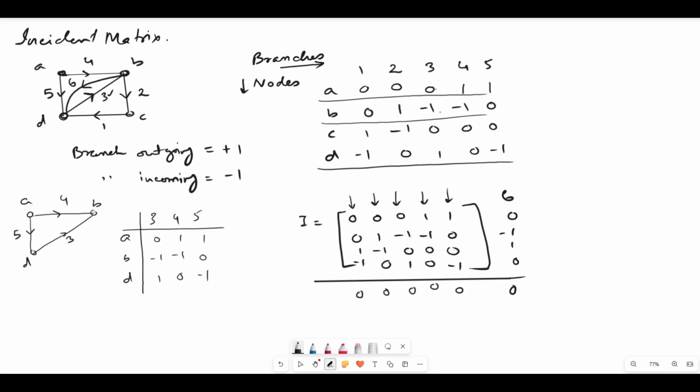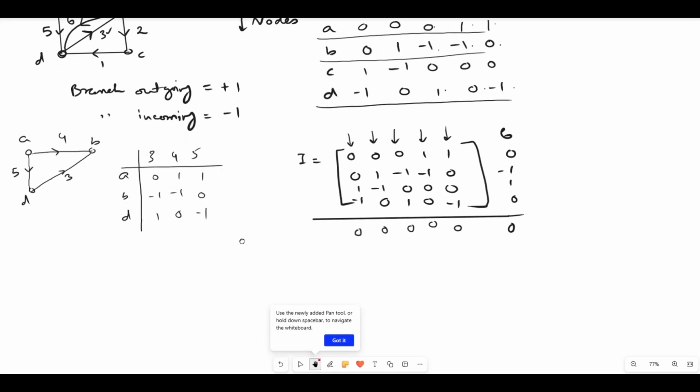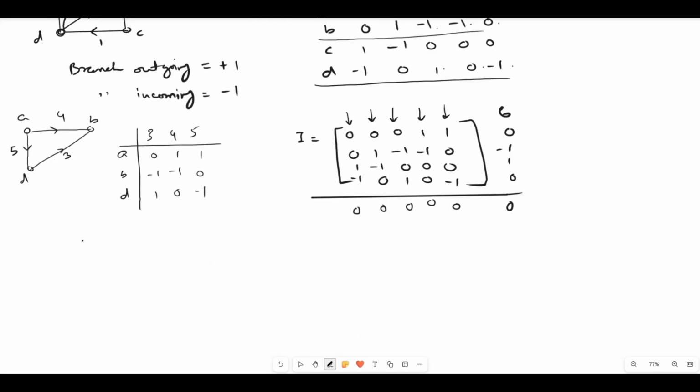So 0, minus 1, 1, 1, minus 1, 0, and we have finally 1, 0 and minus 1. So as per the property, the determinant of this value should be coming as 0. So let's see the determinant of the matrix 0, 1, 1, minus 1, minus 1, 0, 1, 0, minus 1. So the determinant will be,